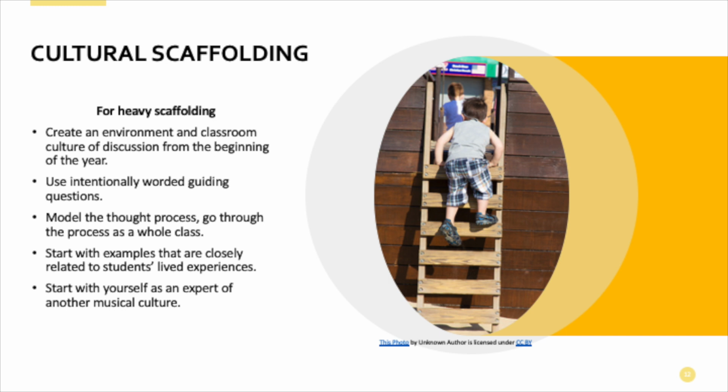So high scaffolding, model it all for them. Do it as a whole class before you get them into groups, pairs. Then start with examples that are closely related to students' lived experiences. If it's too far away from what they're understanding, then like I said earlier, that word, it's just too different. It's exotic. It's not relatable. So start with something that's relatable, maybe something that's different but relatable, and then move